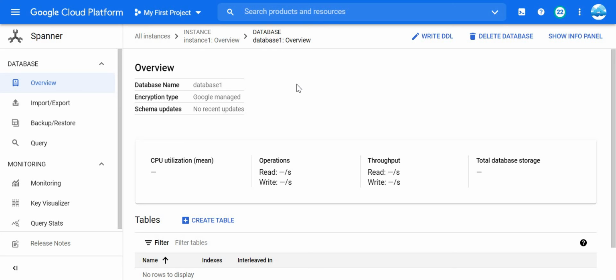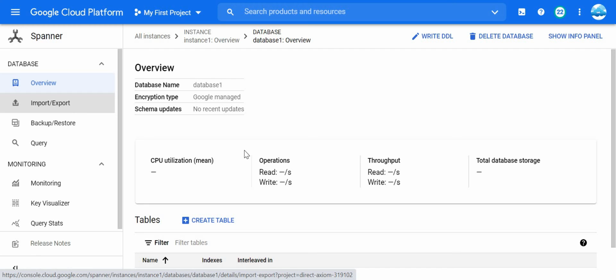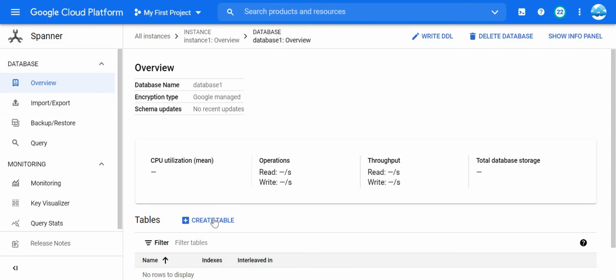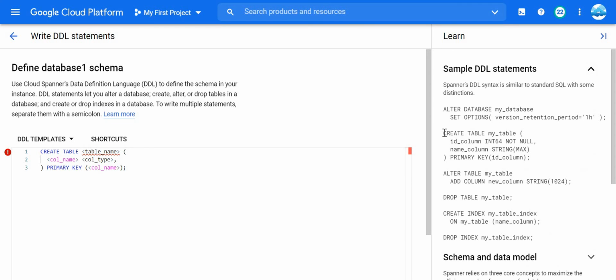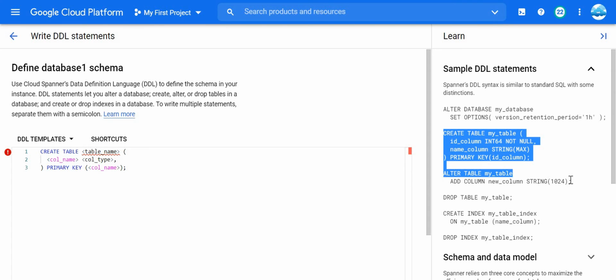Now as the database has been created, you can create a database table structure based upon queries. You can run multiple queries. You have a query console here, and you can create, or you can even do import and export if you want. Just for test purposes, I will create a table now. You can see the create table button here. Just click on create table, and here you can see we have some sample DDL statements. I will copy one statement from here.